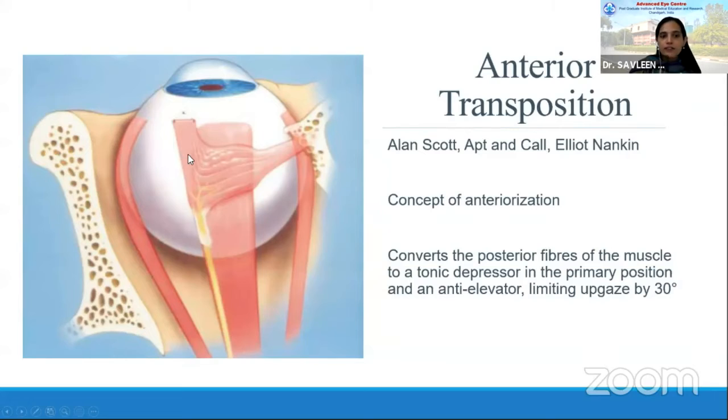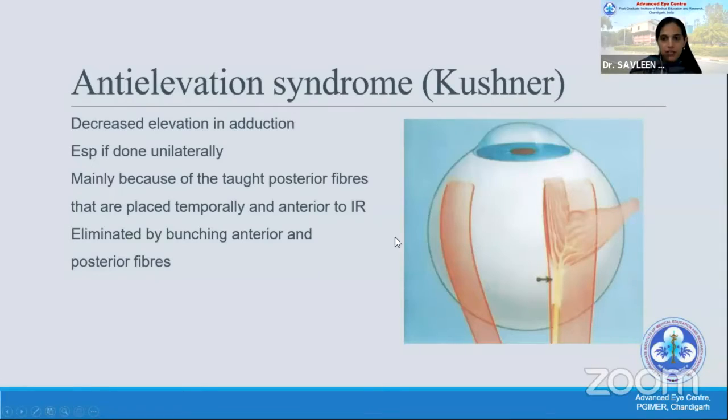So what you do is you detach the inferior oblique and attach it near, a little behind, the insertion of the inferior rectus as originally described. But what happened was when you detach the inferior oblique and then attach it, it leads to stretching of this neurovascular junction. So we have to be careful and decisive of where we want to put the inferior oblique and how taut we want to make these fibers.